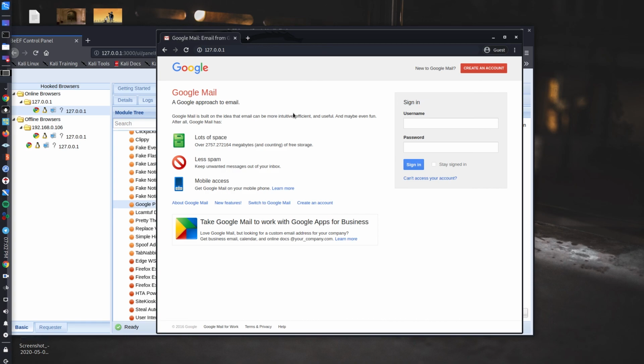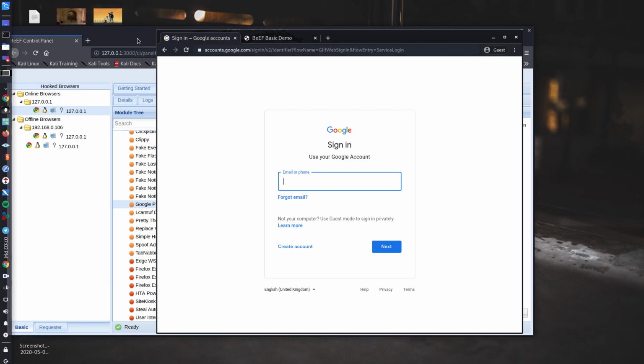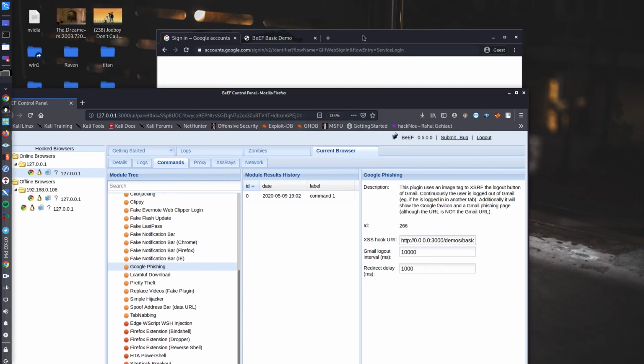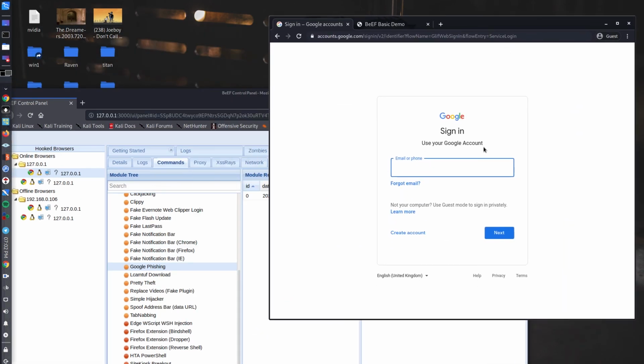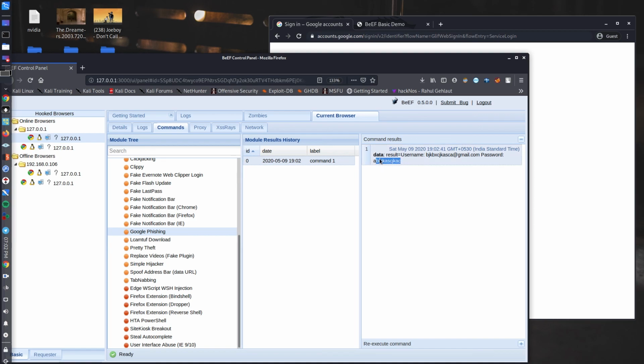You put your username for sign in at gmail.com, you put your password, and you sign in, but nothing will happen. It will actually redirect you to the actual Google sign-in page, and you will get the username and password.